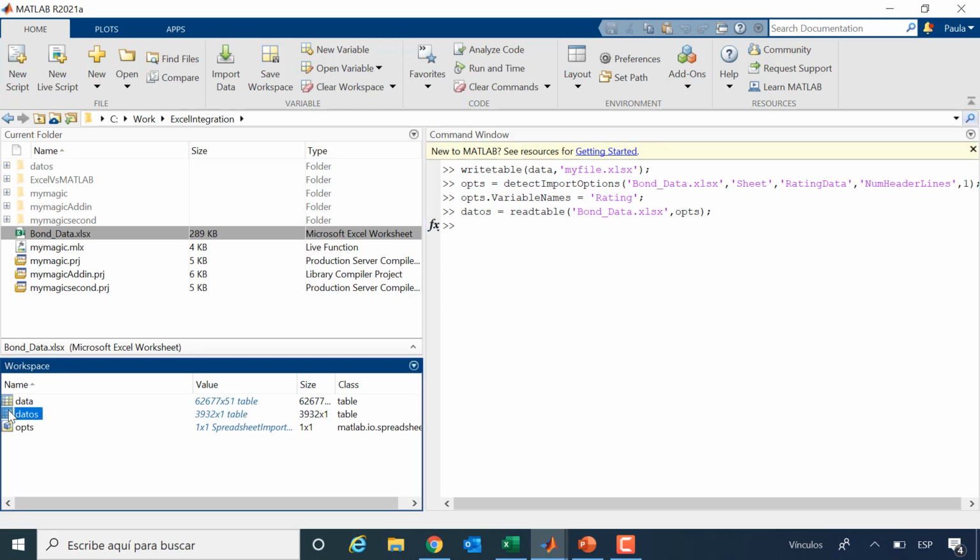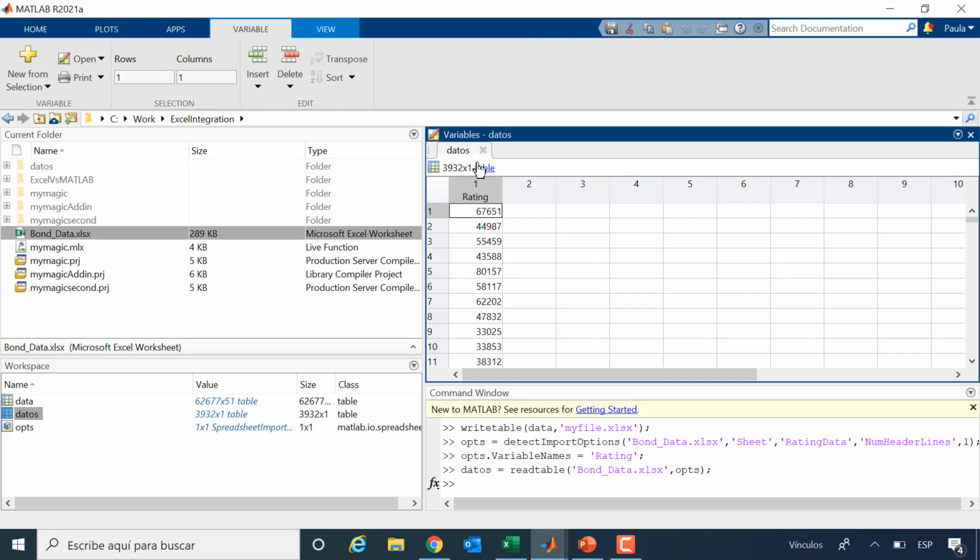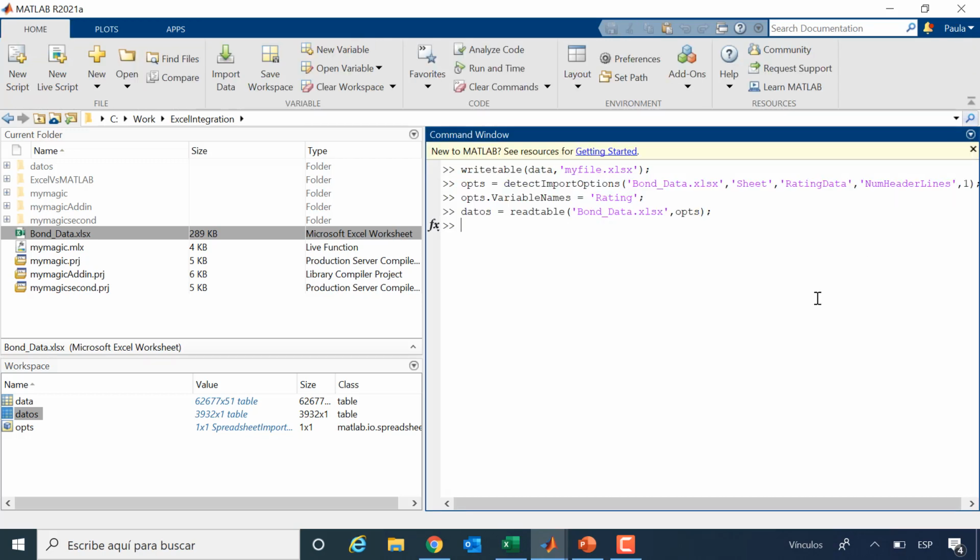If I go to this variable, you can see it has only read this column. In the MATLAB documentation, you can find little tips, and one of the tips you will find for this readtable is that the extension XLSX is slow, so Microsoft advises you to use the XLSB type. So if you notice that it's a bit slow, if you use the other type, it'll go faster.